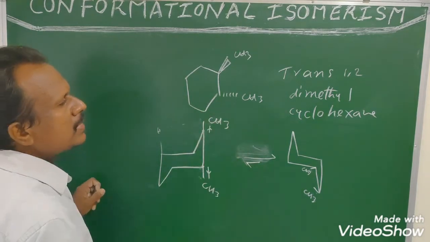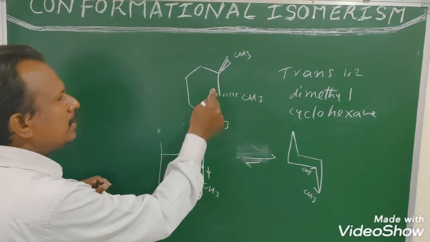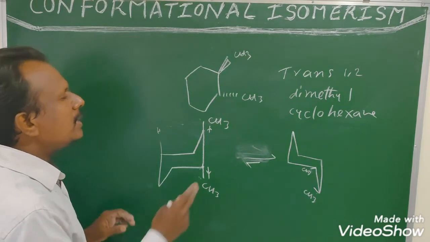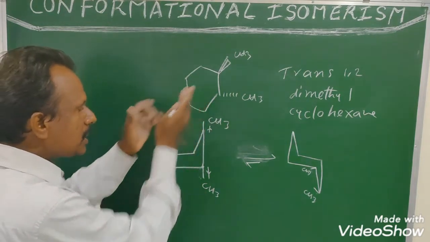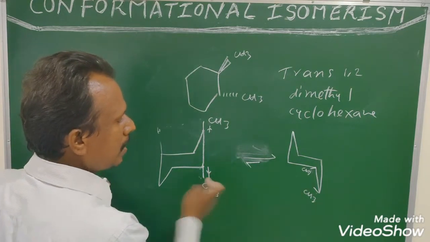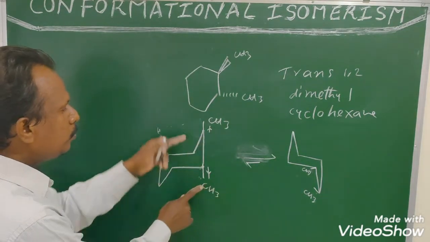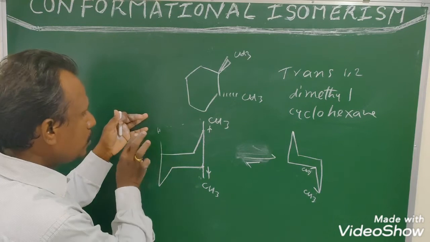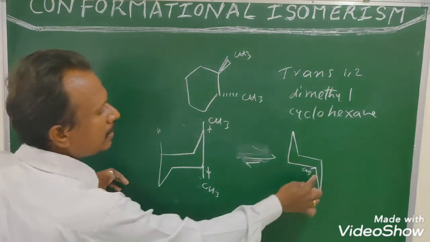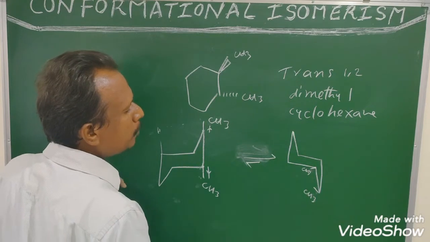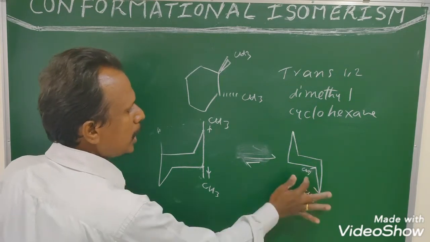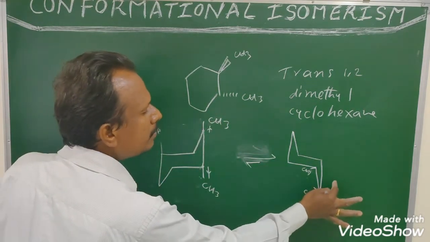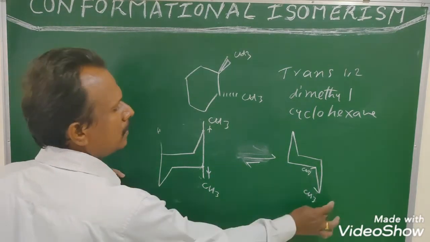So in trans-1,2-dimethylcyclohexane, as with every derivative of cyclohexane, there are two chair conformations. Among the two chairs, in certain compounds they are equally stable, but in this compound they are unequal. Their stability is not equal because in this conformation both methyls are in axial position. If they are in axial position, the axial H atoms destabilize the conformation through repulsion. If the methyl is equatorial, such interactions are not there, so it is stable. So the majority of molecules exist in this conformation.